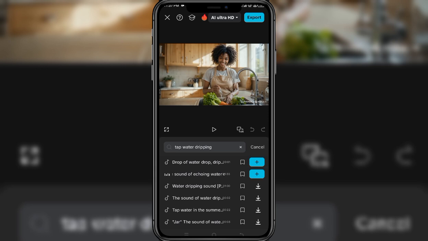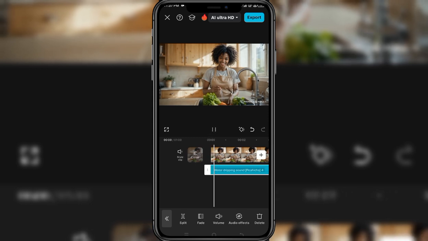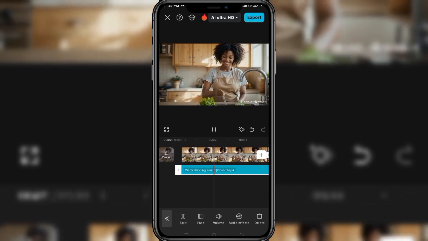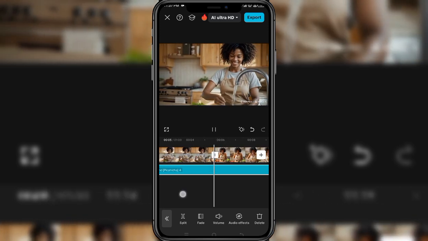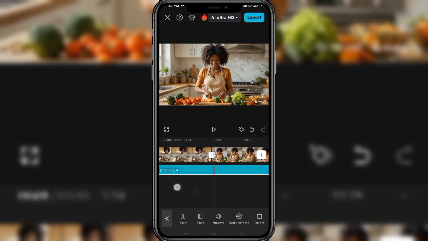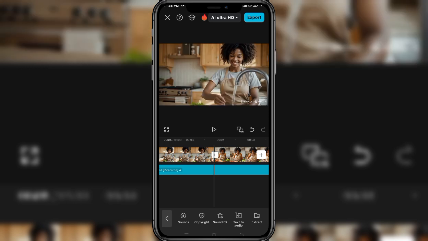So we're actually going to look for the one that matches our video. So I think we can use this. We'll just add this to our project and let's play it. Yeah. So this is looking nice. So we're going to have it here and then we're going to cut this sound effect from here and then we're going to head back to